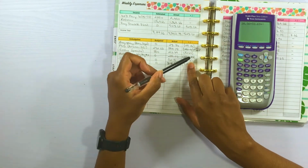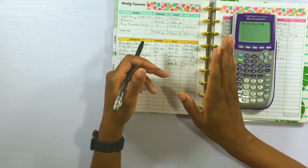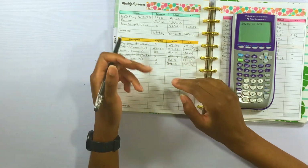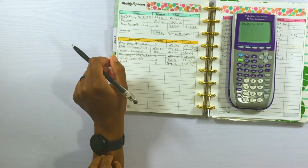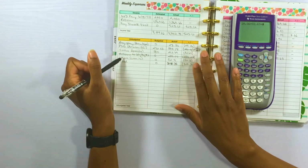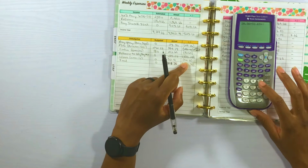I basically changed my mind, and I'm going to see what the next paycheck looks like, and we're just going to play it by ear. If we have to use sinking funds or savings, then we'll do that. But like I said, we're trying to get a handle on our food right now, and this is just the process. So Winco, which was groceries, we went over